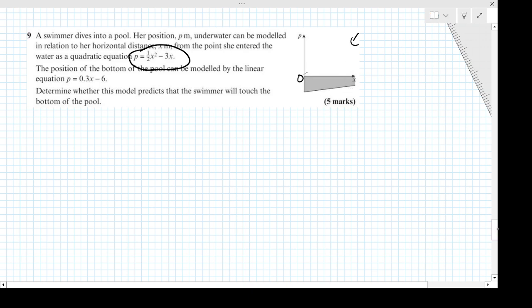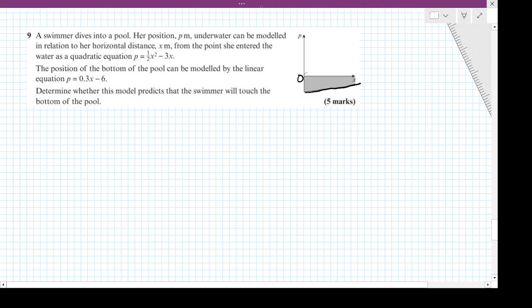And that's what it says: determine whether the model predicts the swimmer would touch the bottom of the pool, which again is represented by this line here, which they've drawn for us, but they're not drawing a quadratic. Obviously, if they drew the quadratic, we'd be able to just see, you can very clearly see, okay, does it touch the bottom of the pool? There we are. But it's 5 marks, so we do need to do some work. Okay, well, we could sketch the quadratic potentially,